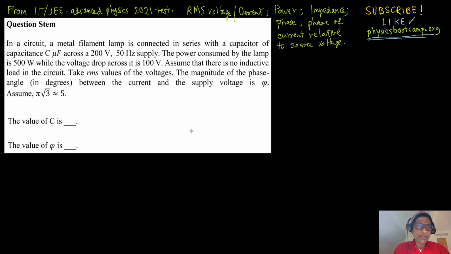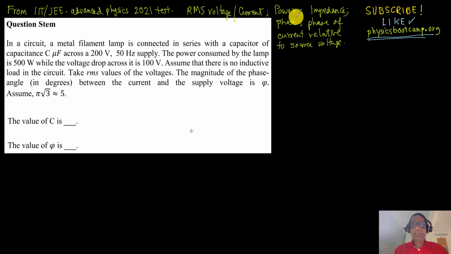Today we have an interesting question. It comes from IIT, Indian Institute of Technology, JEE exams, and I took it from the 2021 test. I took it because it's a numerical example of the concepts we have been discussing in AC circuits, except that I did not discuss RMS voltage and current yet. So this includes this idea of RMS voltage and current,